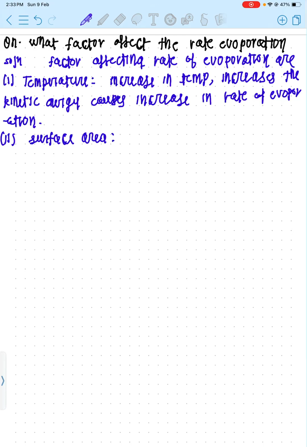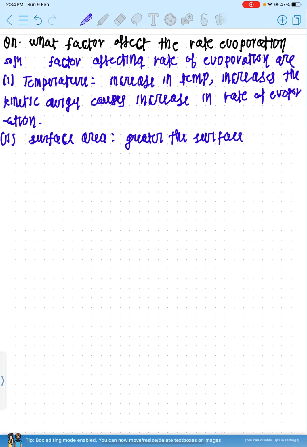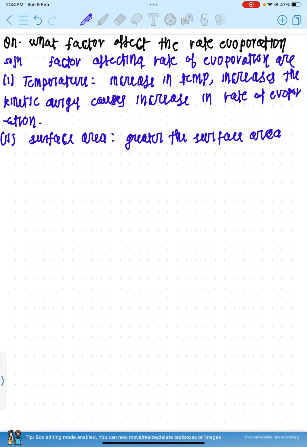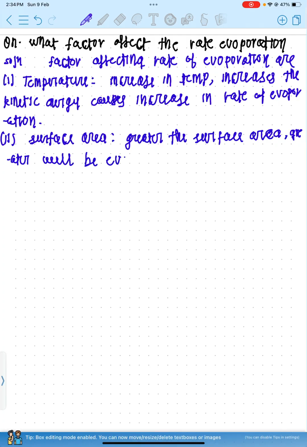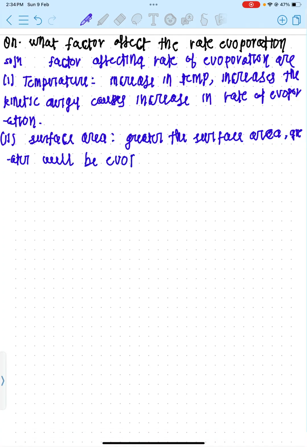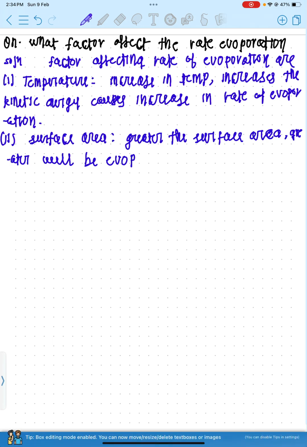So the greater the surface area, the greater will be the evaporation. It will increase the rate of evaporation. And the third point is